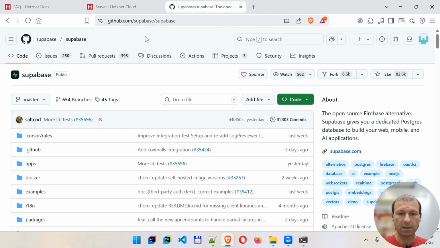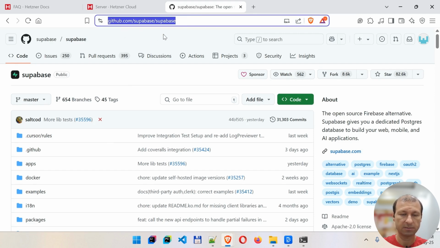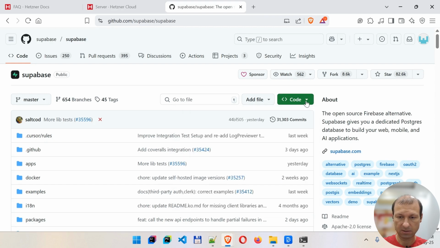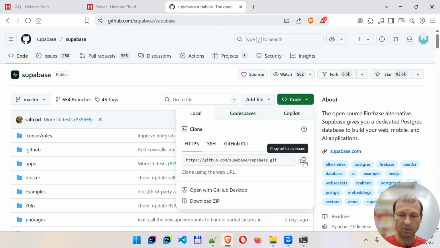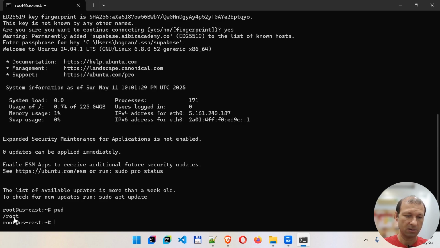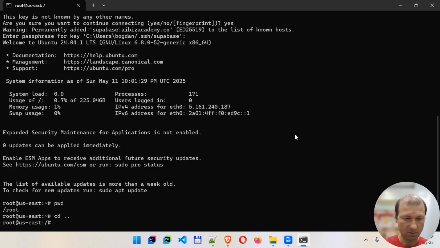Now we need to take the Supabase repo address and clone it. So Supabase is hosted on this address, and we can get the full URL from here. Click on code and then copy URL to clipboard. And we need to clone it on our server. Either you can clone it in the root folder or create a separate folder. I usually prefer to have it in a separate folder. So I will go to the root folder